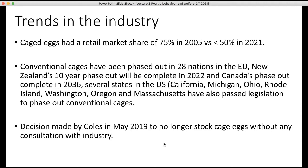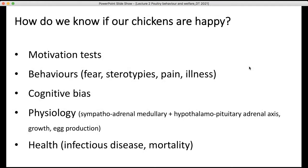So I guess to highlight in the EU, where they have phased out the cages, the government does play more of a role in helping farmers with those types of transitions. I'm not sure about New Zealand and Canada, but just interesting to note. Okay,